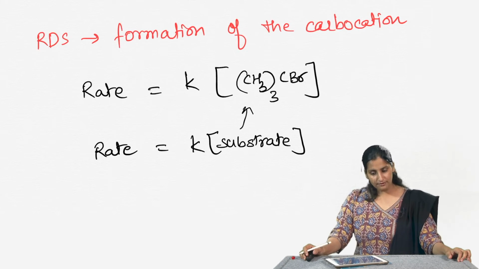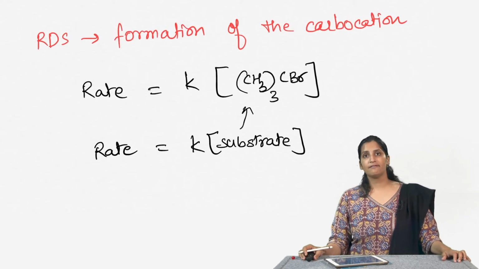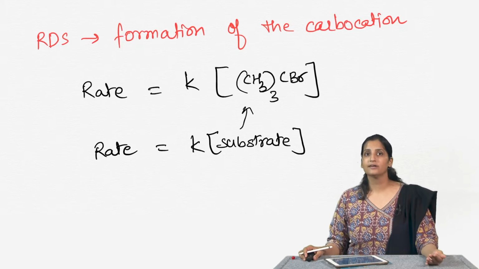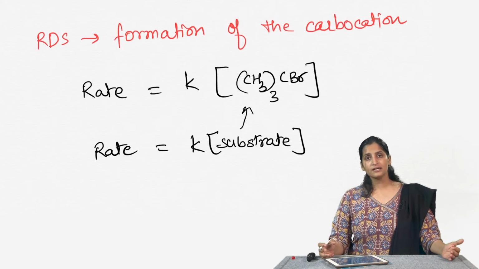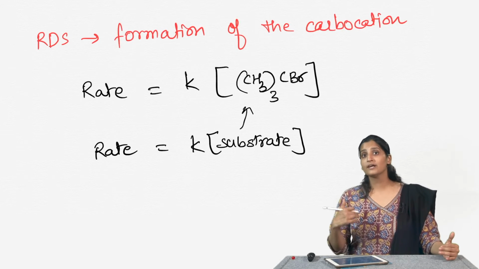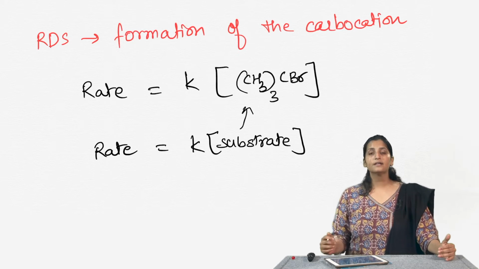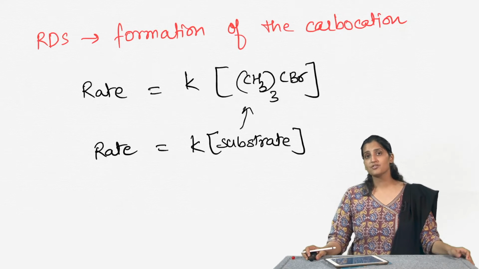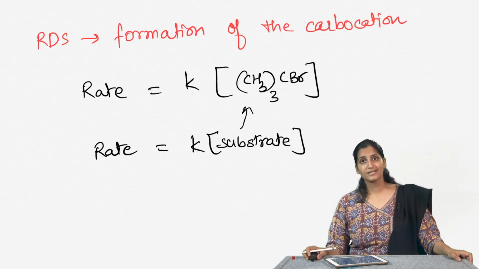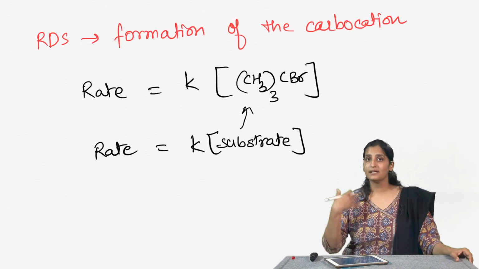So, let us say I am doing this reaction and I increase the concentration of water. Will it play any role on the reaction's rate? The answer is no, because water does not play any role in the rate equation. If I increase the concentration of the tertiary butyl bromide instead, what we will see is that the rate will